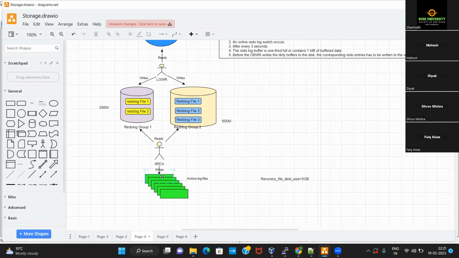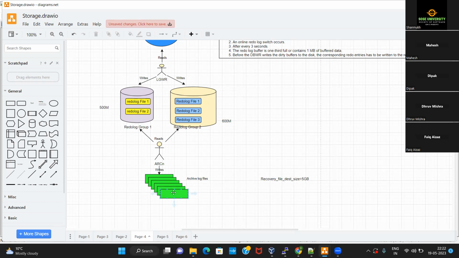All those redo entries which are important for performing recovery in the database will be copied into the archive log files. And you as a DBA have to ensure that these archive log files are preserved very carefully. If we lose these archive log files, we will not be able to perform a recovery in the database. Clear with that?